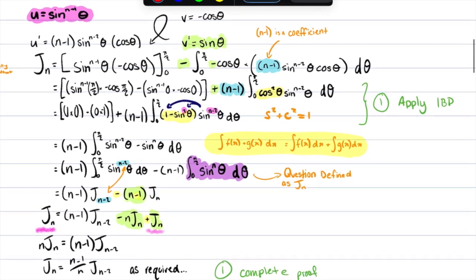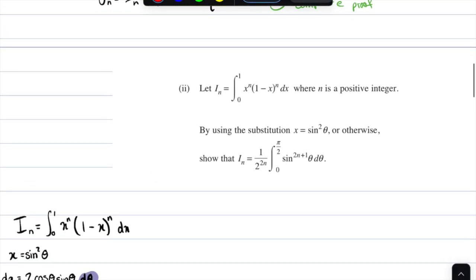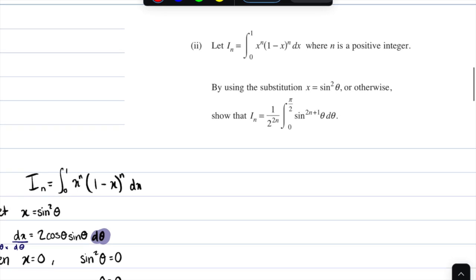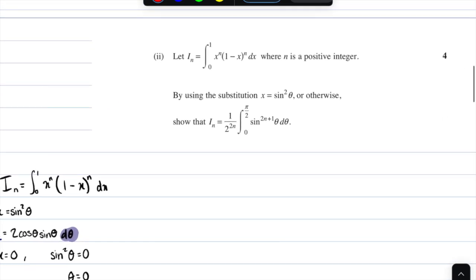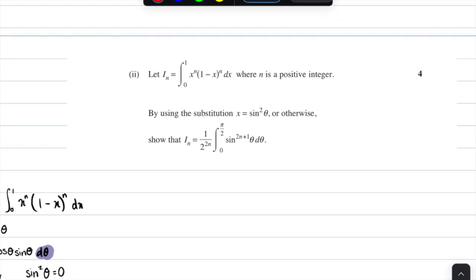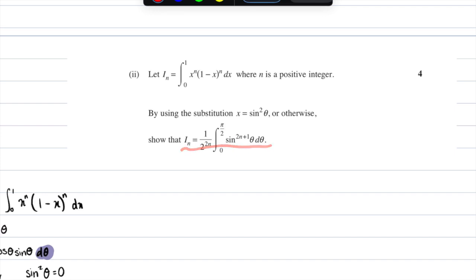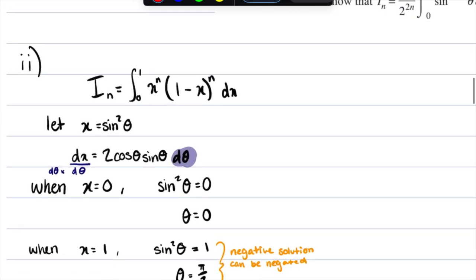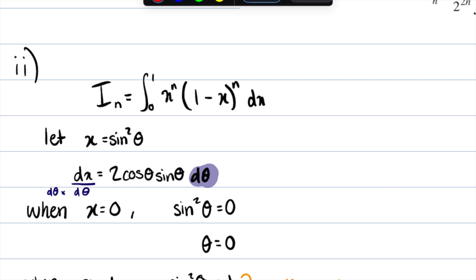For part 2, we are given that I_n is this expression here. We are asked to use the substitution or otherwise to show that this expression holds true. Starting with our initial expression, we immediately use the substitution given. We know that dx/d theta is going to be equal to 2 cos theta sine theta. This is from our chain rule expression